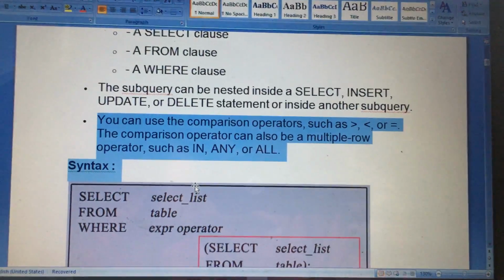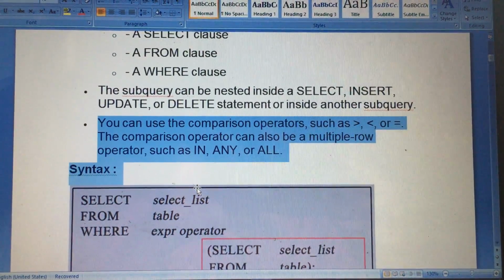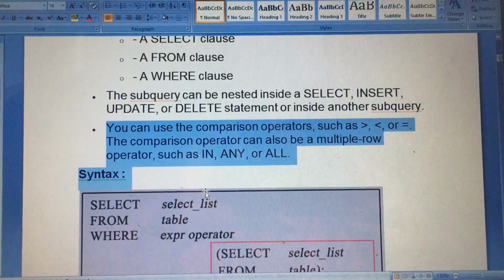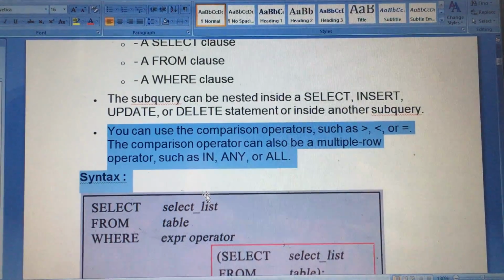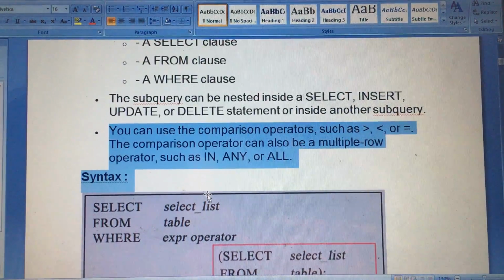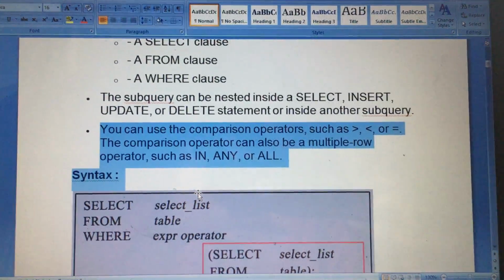You can use the comparison operators such as greater than, less than or equal to. The comparison operators can also be a multiple row operator such as in, any or all. So there are two types of subqueries we use in SQL, single row subqueries and multiple row subqueries.